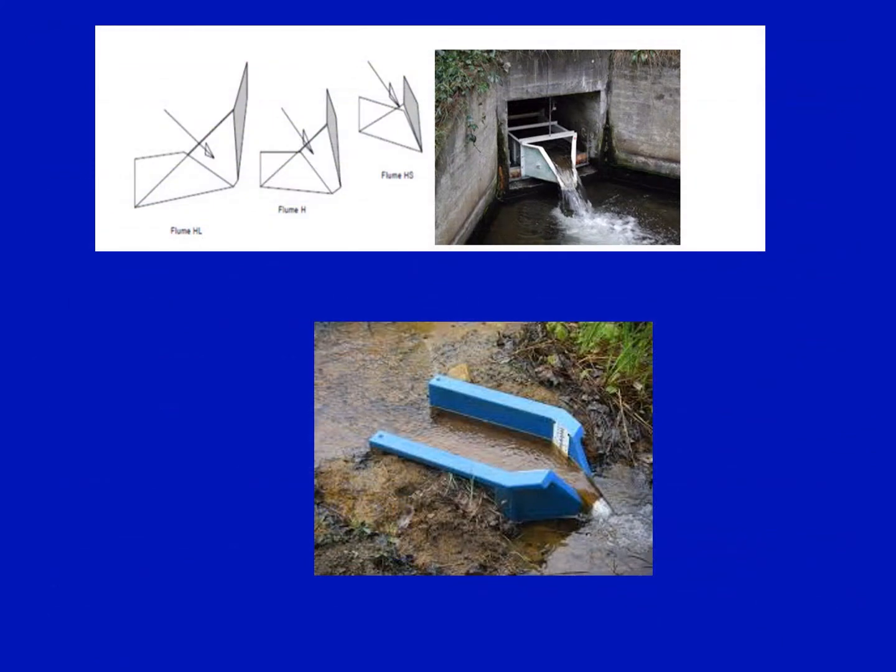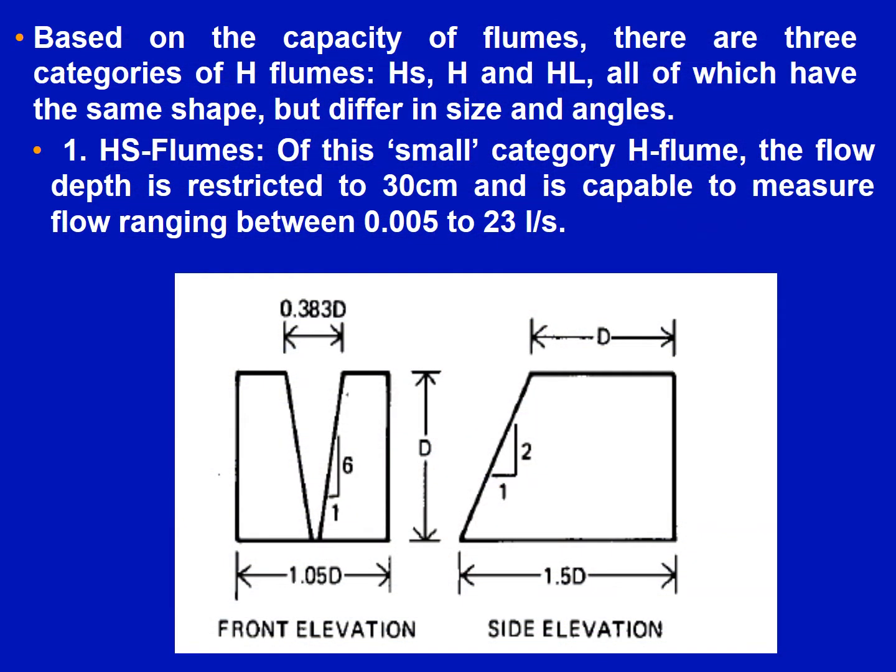These are other figures of Parshall H flumes installed in the field. So you can see the 2 sections. First is the approach section and another is the control section. Now,